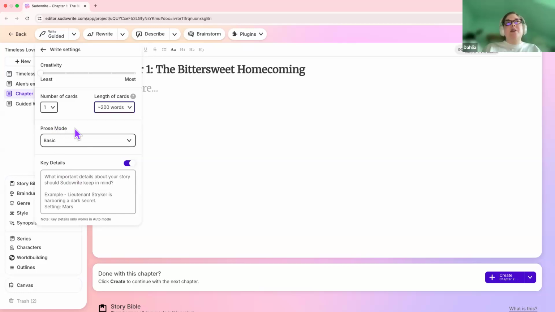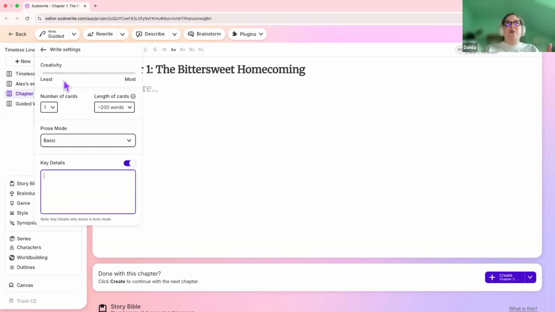The prose mode lets you choose between different AI models. I will just look at this in a moment in more detail. And this box at the bottom is key details. It allows you to add context or instructions to your